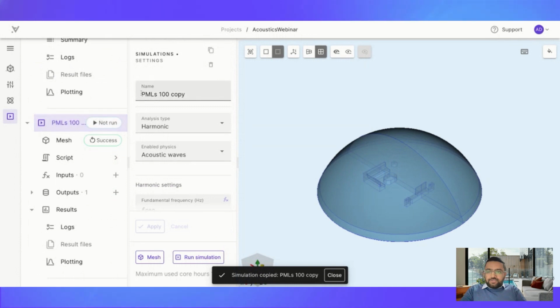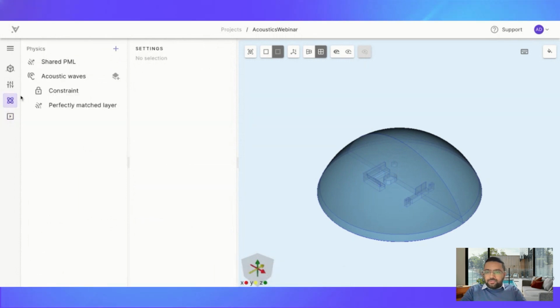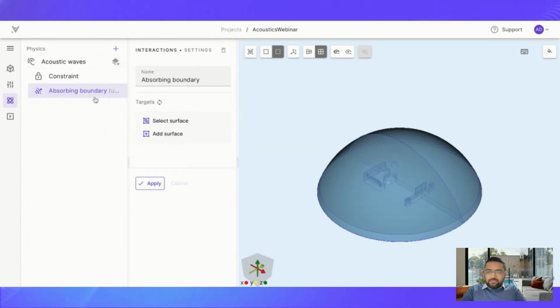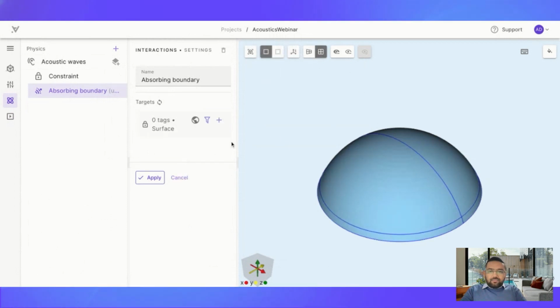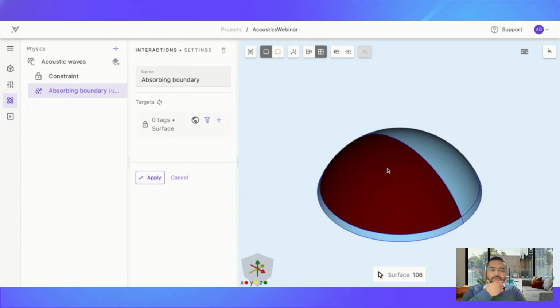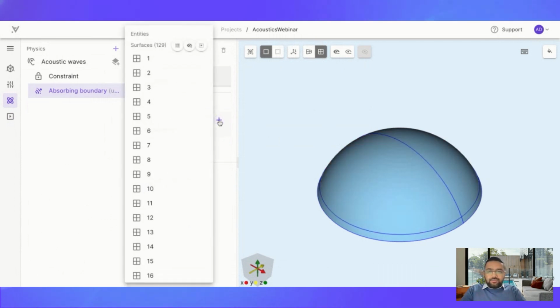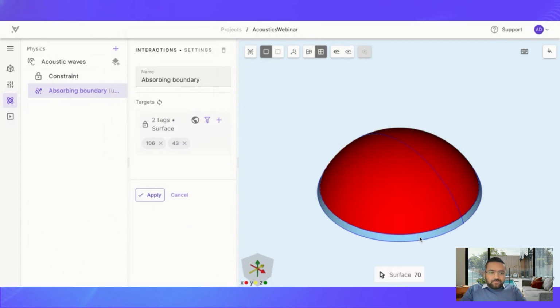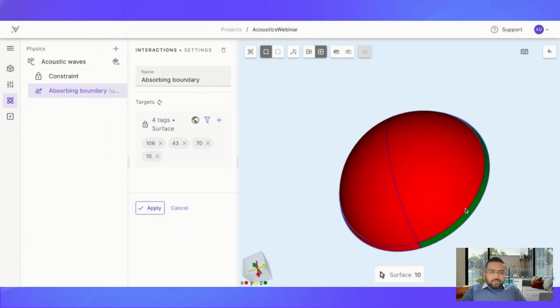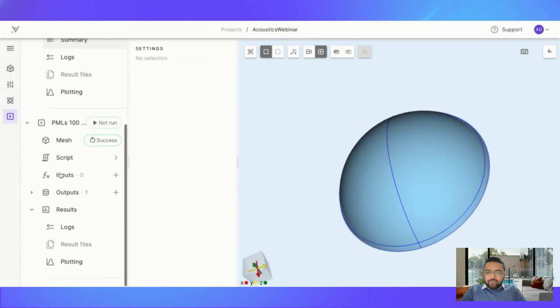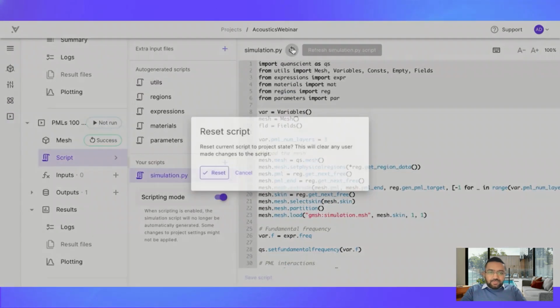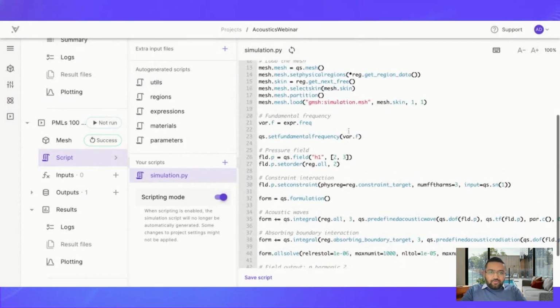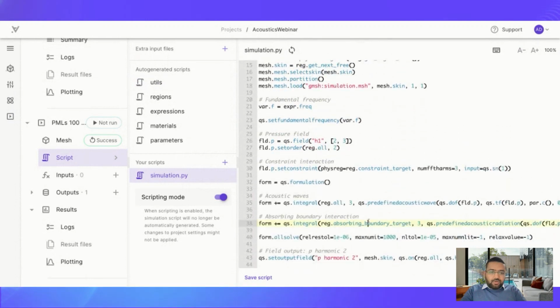and change this. So go back to your setup, delete this. I will now use absorbing boundary conditions, which is another way of specifying the boundary conditions at this outer surface, which prevents the reflections. So let's select this surface again. That's it, and go back to your script and just refresh the script. And now this is updated with the absorbing boundary condition,